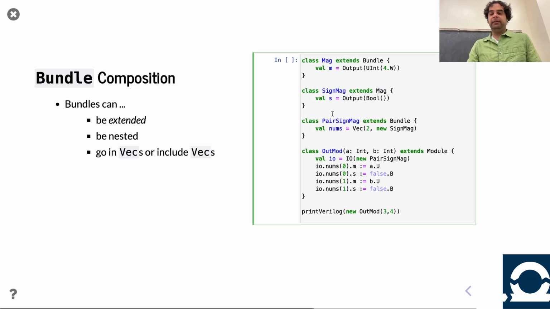I can also instantiate nested, right? I can say, hey, I want to have a pair of sign and magnitude numbers. And I could have had num0, num1. In this case, I chose to make a Vec. So these are not just fields, you can actually have some amount of smarts in here,